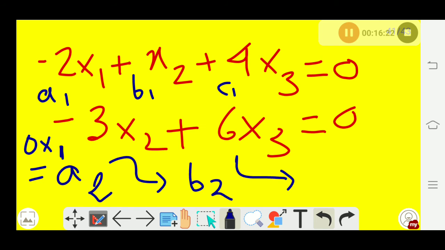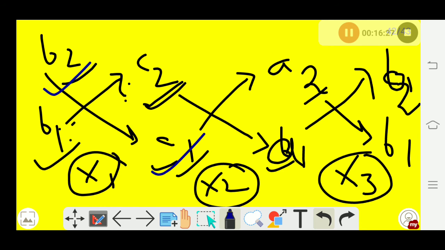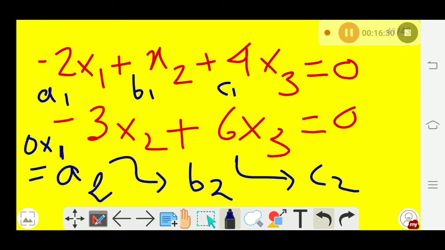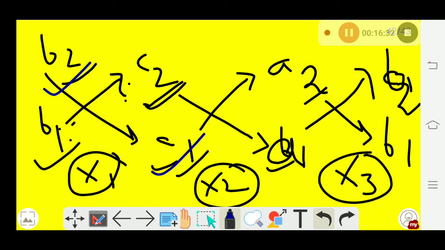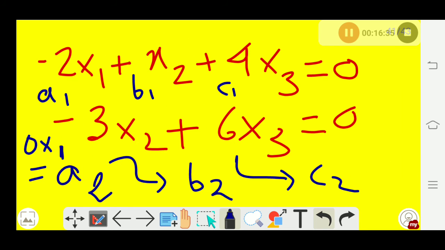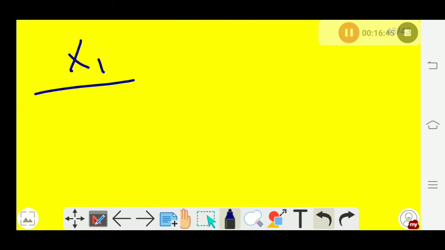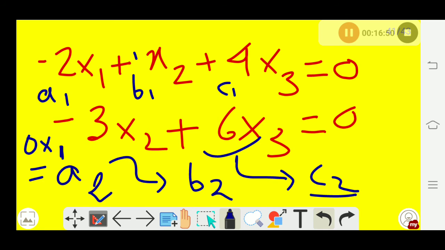B2, c2. Okay, so what it says, b2 into c1, b2, whatever we take. Let me take b1 into c2. b1 is 1 and c2 is 6. c2 is 6. So first we write 6. Again, pause the video and do it yourself. That would be better. And let's do it together. You try yourself and let me try myself. Okay, so